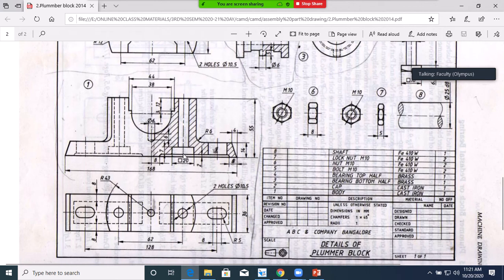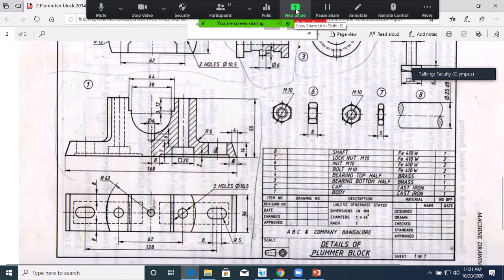So what is the distance from here to here? Okay, you have to choose. See here, the center of this hole distance is 62. So half of the distance will be 31. So draw 31 mm from here. For this center you place a 20 mm square. Here they have given a 20 mm square. Place a 20 mm square and extend to a depth of 7 mm. On either side you have to do this.